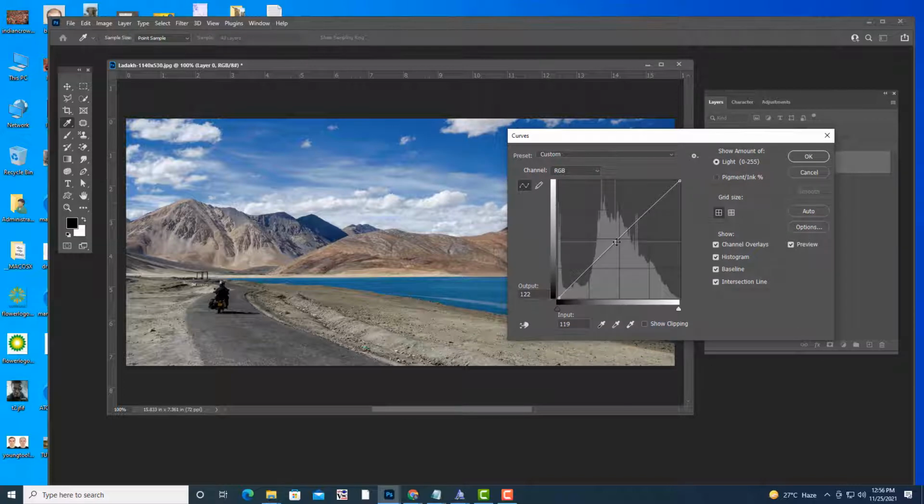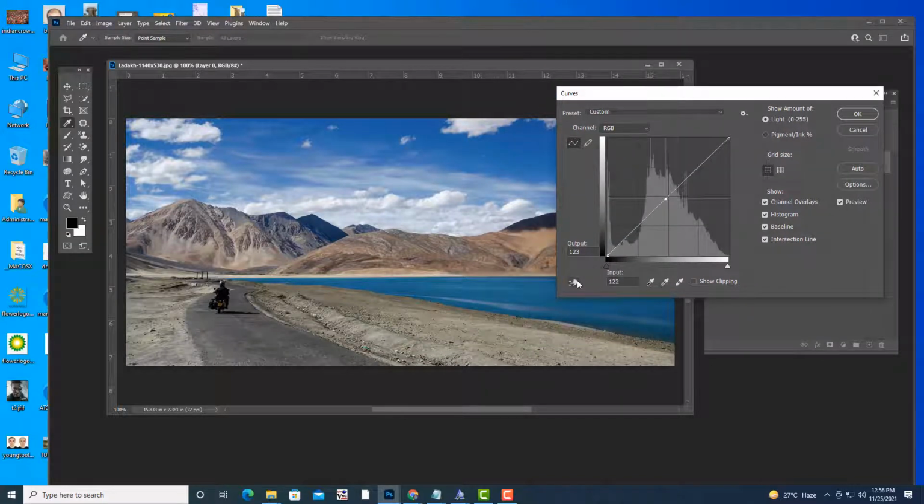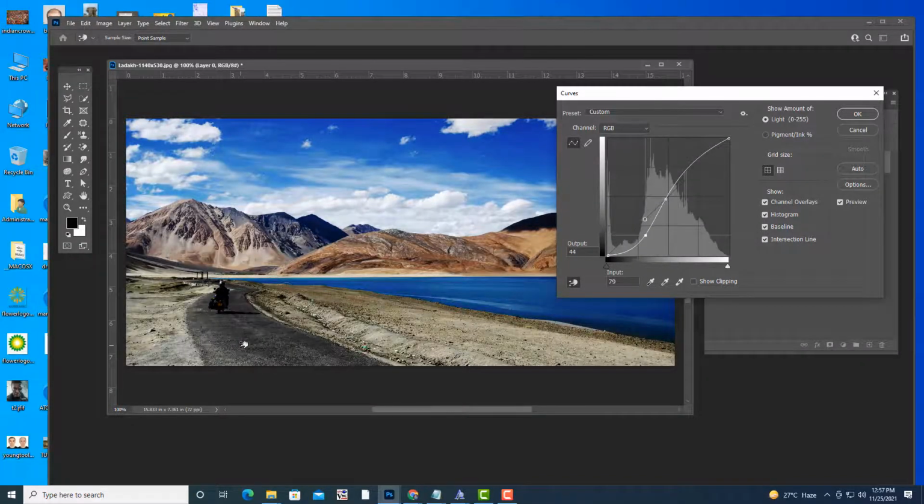So we will create a point, and see here at the bottom you can see one thing. This works like an eyedropper. It will target certain areas. For example, if I want to target this road, I can come here and click. A point is created, and then you can move that point so that that area is affected. See, now that road is becoming bright. If I move that upwards, and if you want to make the road dark, I am moving it down like this. Everything will be affected.